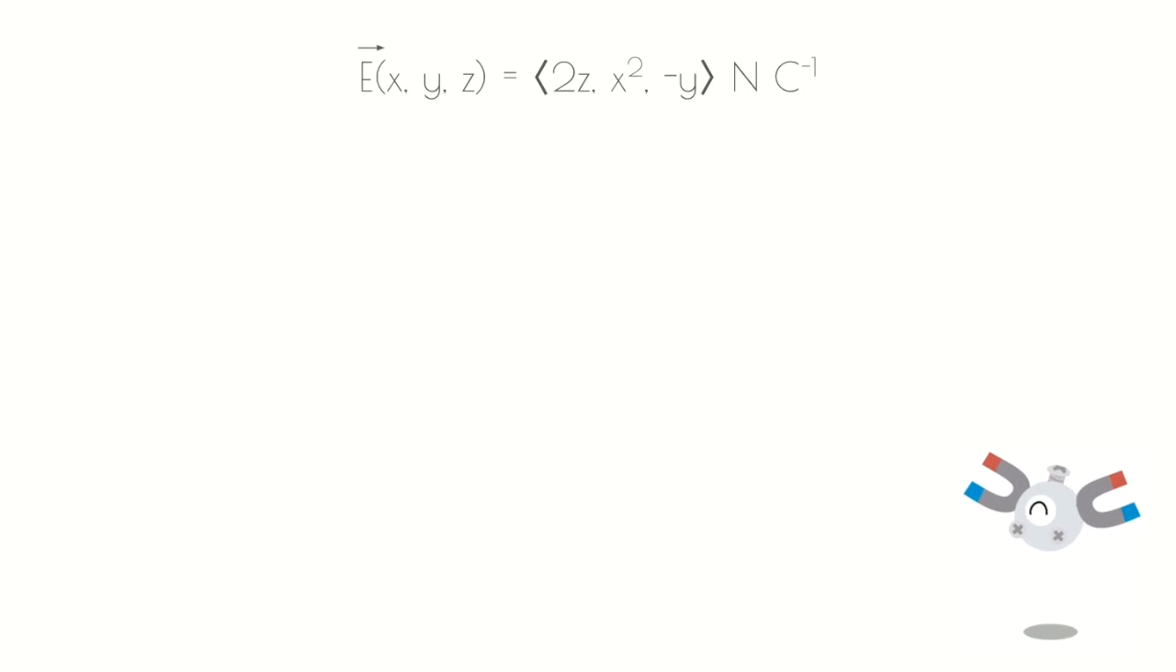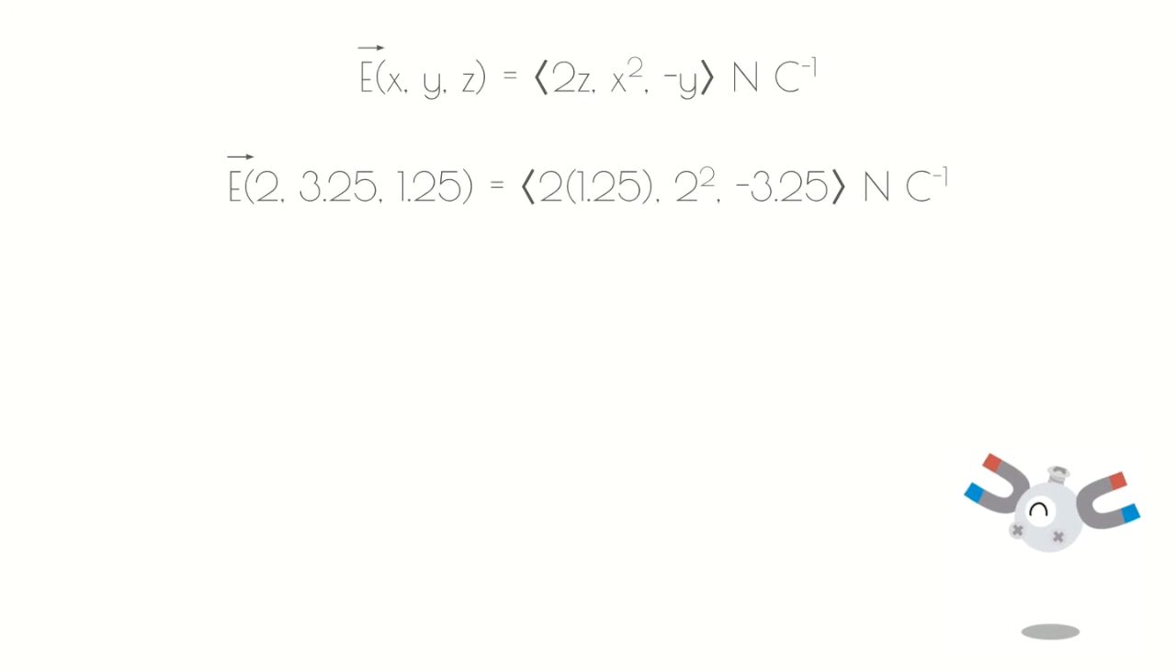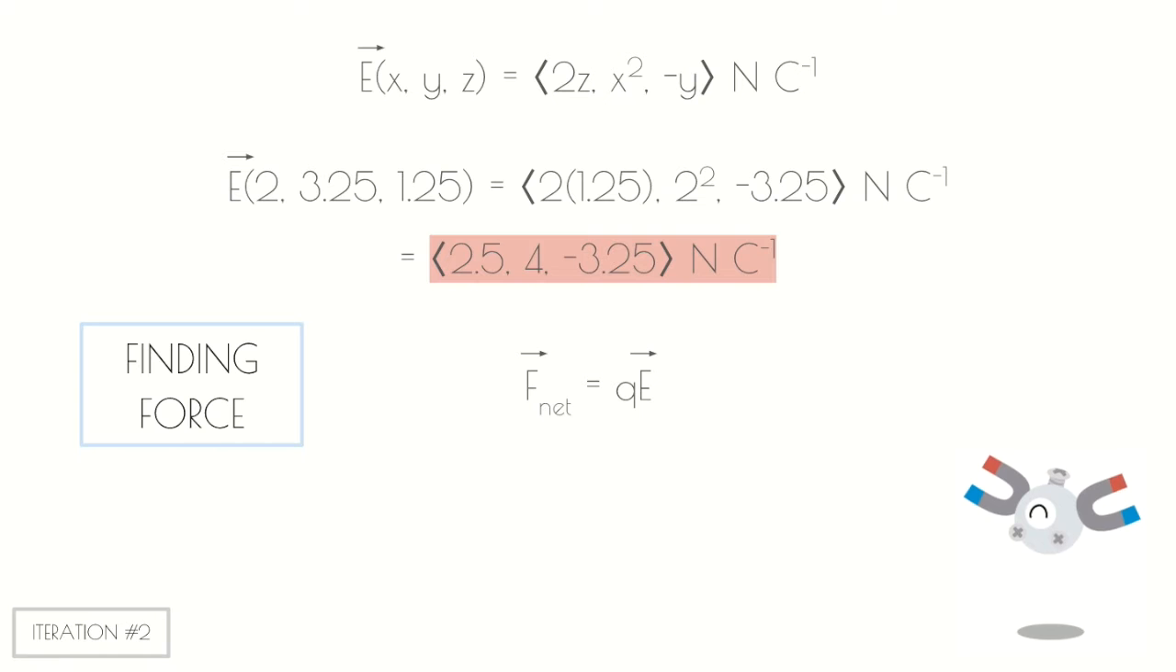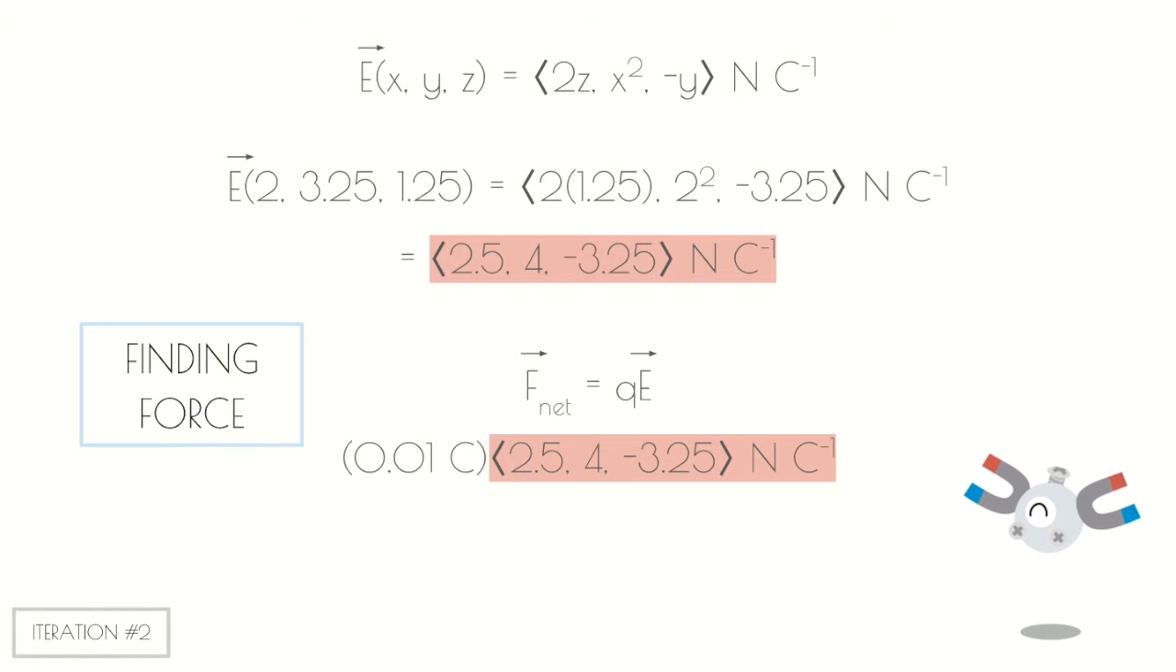For the second iteration, we're basically repeating the updating of force, momentum, and position, but we have to be careful because the particle is now at a different position in space. So we plug in our new components to find a new electric field of <2.5, 4, -3.25>. Update force as per usual by plugging in the particle's charge and the electric field to get a net force of <0.025,